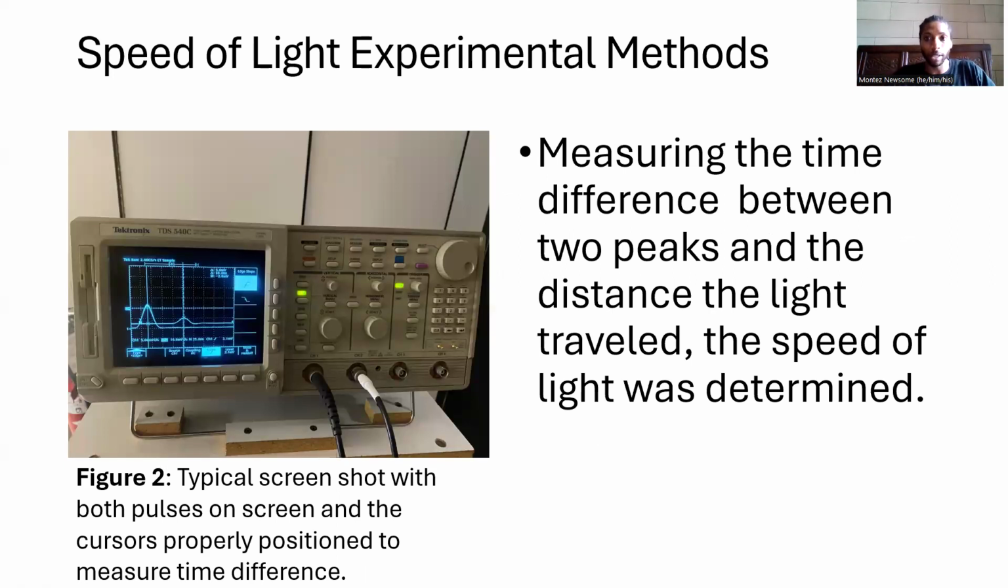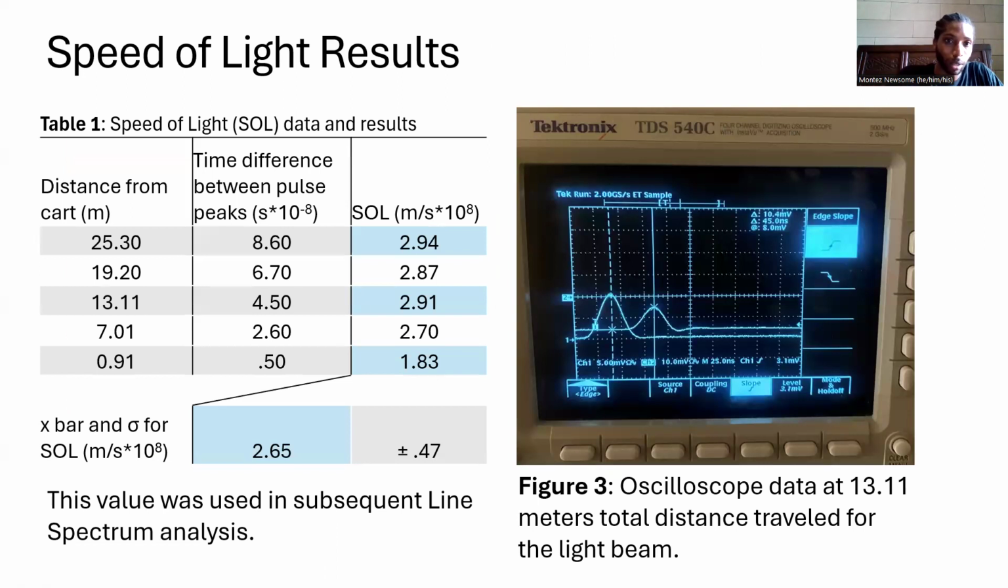So first, the methods were shown here for the speed of light experiment. By measuring the time difference between the two peaks and the distance that the light traveled, the speed of light was determined. Now the speed of light results at variable distances, starting at below 1 meter all the way to 25 meters, the time difference between pulse peaks were shown. And as the distance that the light beam traveled increased, the difference between the peaks changed. And as the distance became greater,